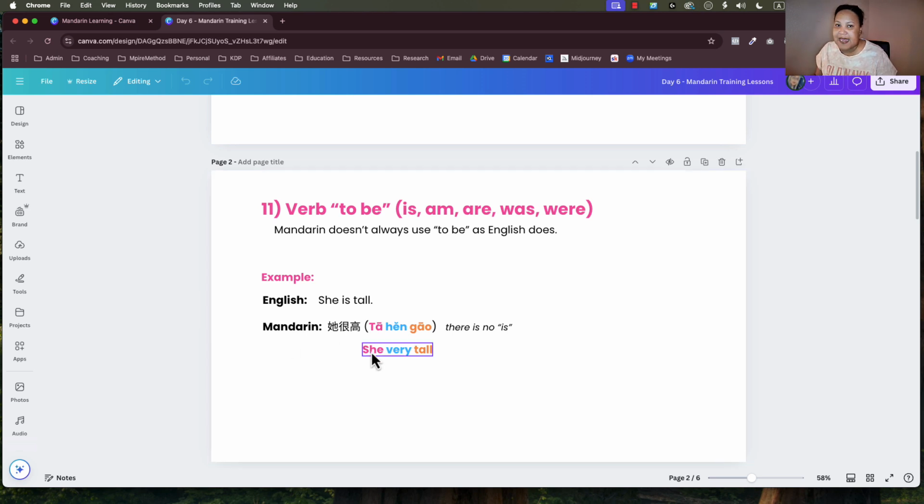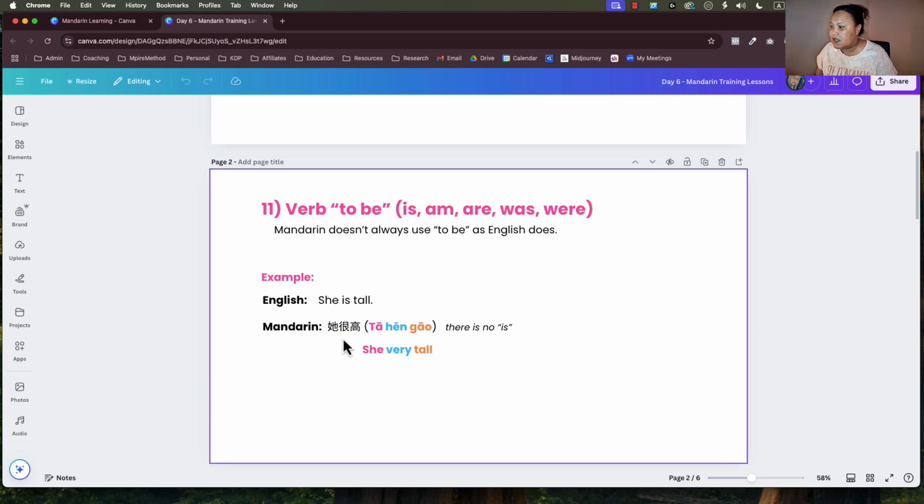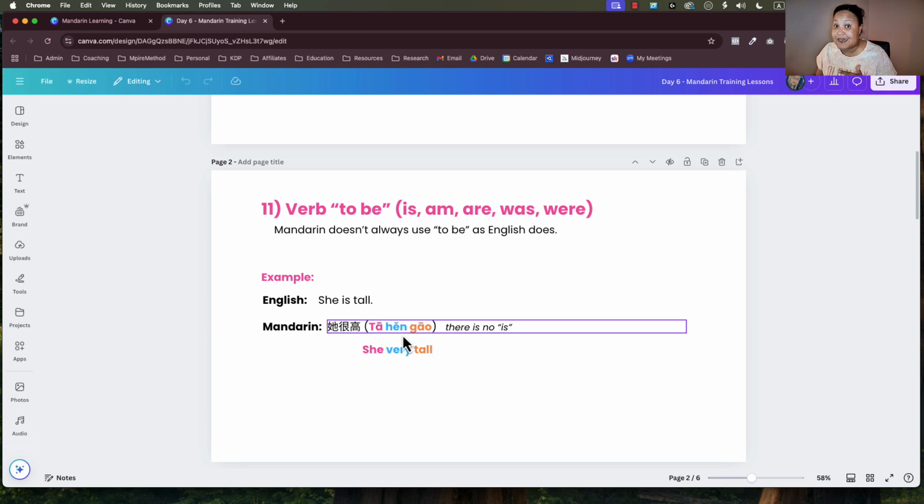But if you look at it from yesterday's words, that hen. So remember I said it depends on how we see it. It says she very tall. I'm going to start associating that hen with is very, because I know that means very. But to help me understand